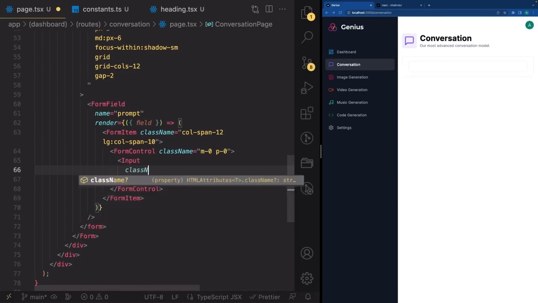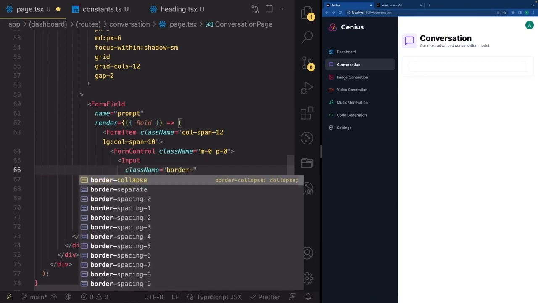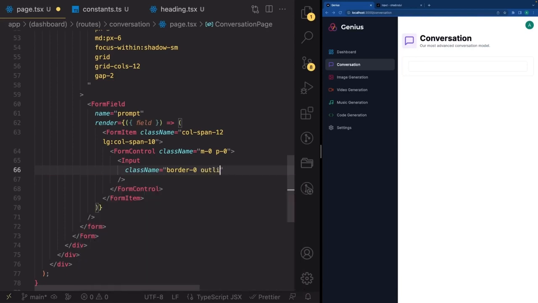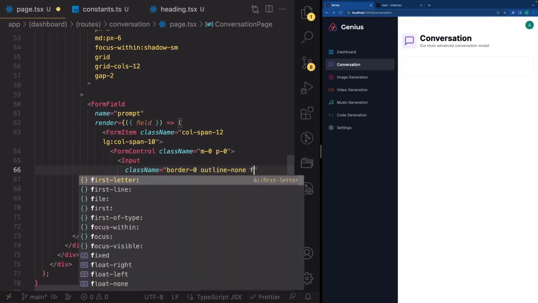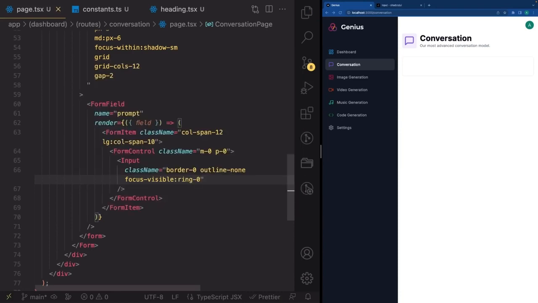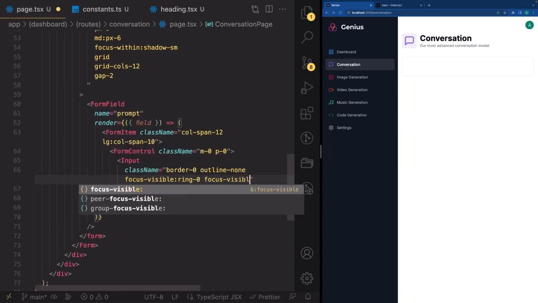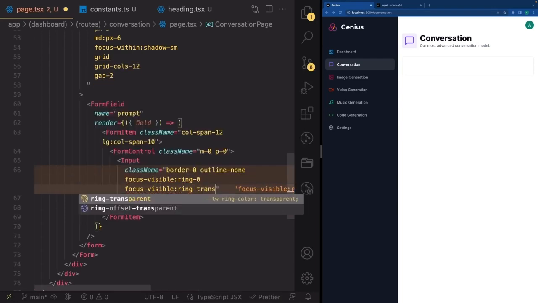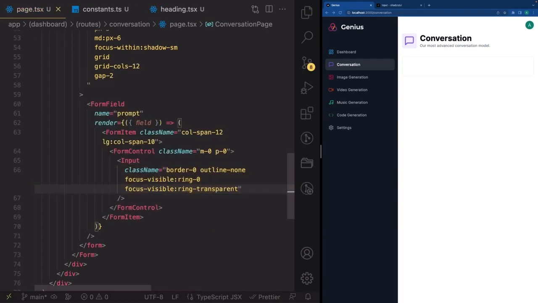So I'm going to write a className, border-0, outline-none, focus-visible:ring-0, focus-visible:ring-transparent, like this. Because I want it to be a specially styled input,